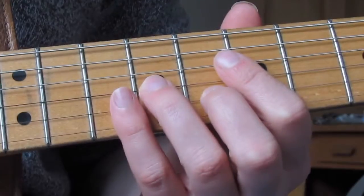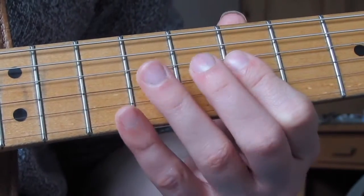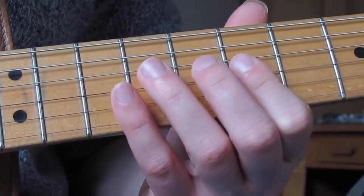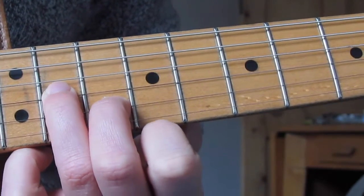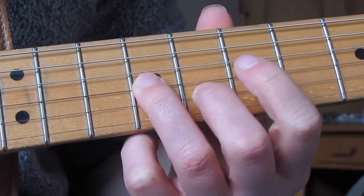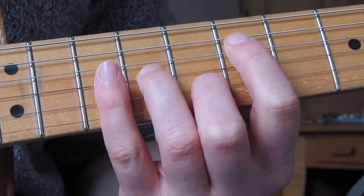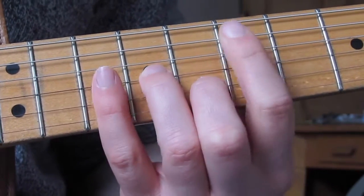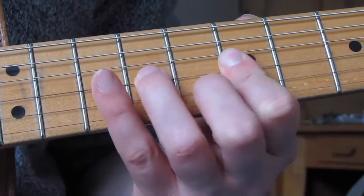Then we're going to go, after that, 7, 8, 7s, 8 and 9, 7s, we're then going to go straight into that slide, so it's going to be... Then I'm going to re-pick that, which is 10 and 11. Then I'm going to play 8 and 9, 7 and 7, 8 and 9, 7 and 7, 8 and 9, 7 and 7. So we got...